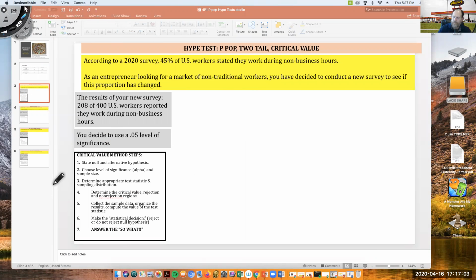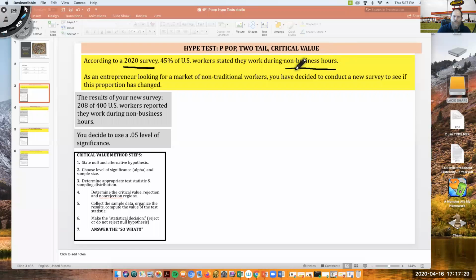So according to a 2020 survey, and let's just say this was at the beginning of 2020. Okay, obviously we're still in 2020, but let's say it's like 8 months old. 45% of US workers stated that they work during non-business hours. Okay, so like John Wick, who runs around at night and does all this crazy stuff, or maybe not, but